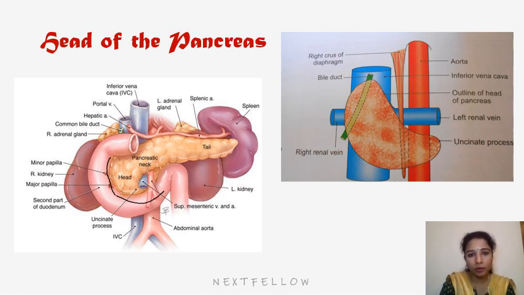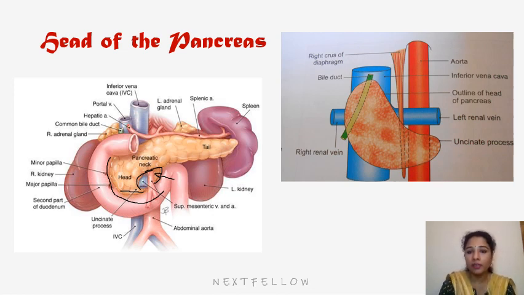The uncinate process is projection from the inferior portion of the head of the pancreas. So we can see this process. This is the uncinate process, which is present like an incurve reflection of the head, and uncinate means comma like because it is a small projection, and the structures which lie posterior to the head of the pancreas